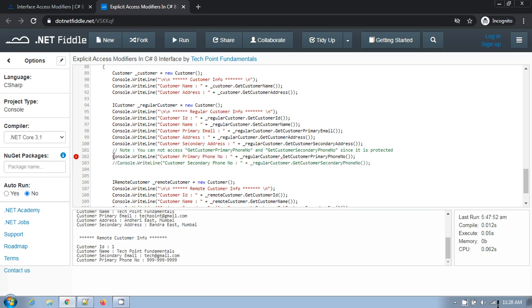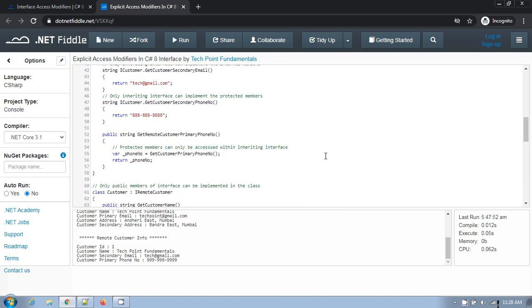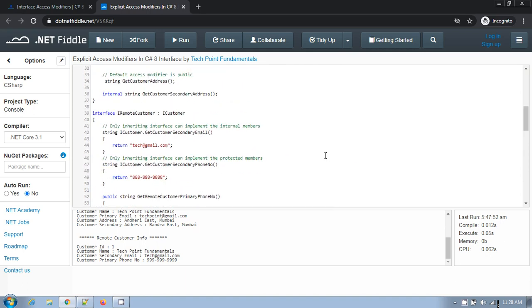Then what is the use of this protected interface member? To understand this question, let me go to this interface, IRemoteCustomer.